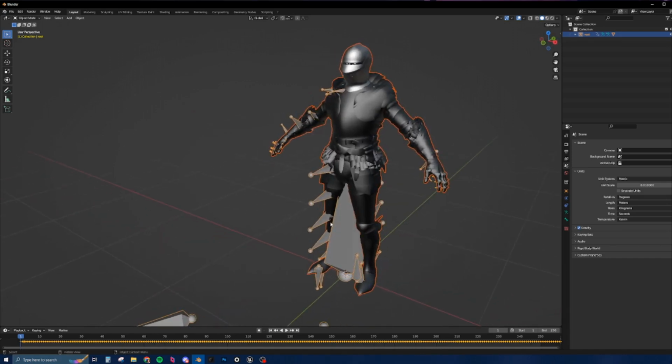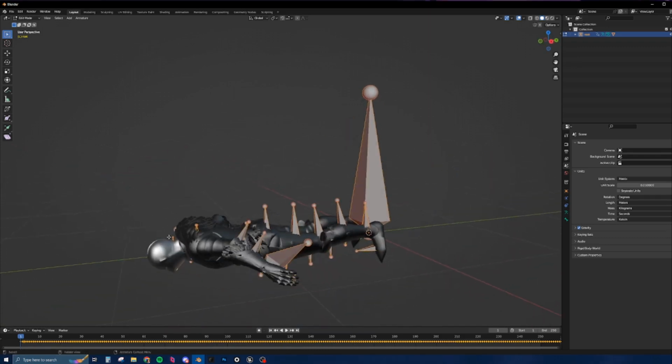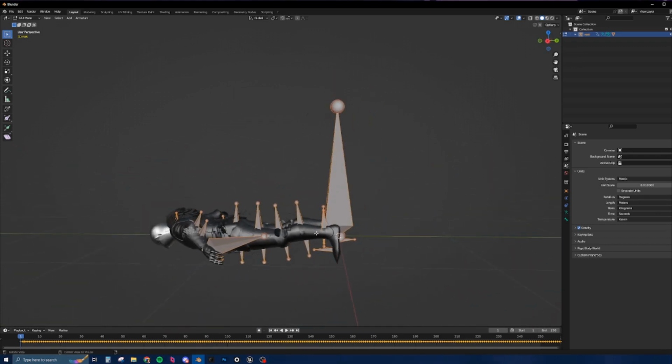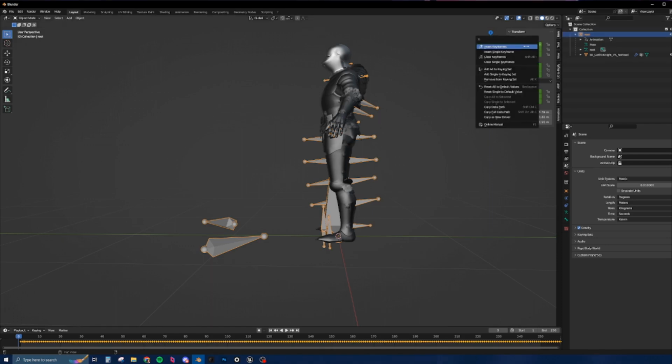The problem is if you select the rig and hit tab into the edit mode, the rest position of this thing is wrong, right? So we need to rotate this guy into the correct position. And what's funny is it's rotated wrong. And it's funny because this all has animation on it, and that's the bone, that's like the main root, like the skeleton, which shouldn't even have animation. So you can just clear all this stuff, clear keyframes,